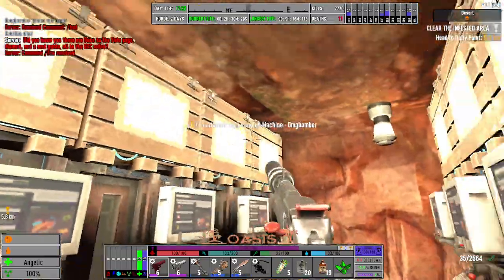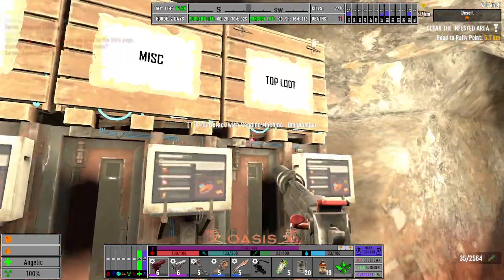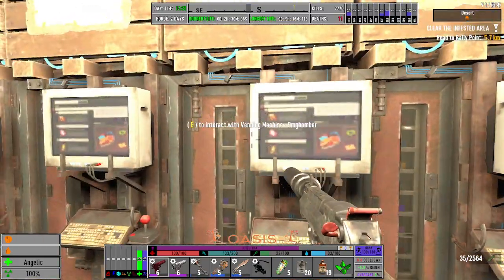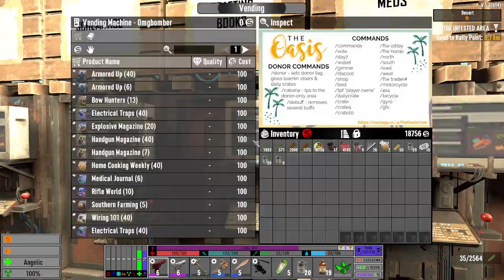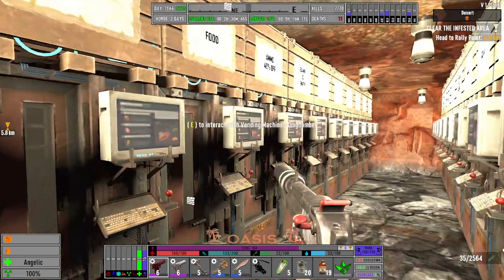I have a lot of space left over, but for the most part, I've been selling stuff every day. I just checked this a little bit ago, so there's probably going to be nothing. If there's anything, it's going to be crafting books, and nobody bought anything, so...